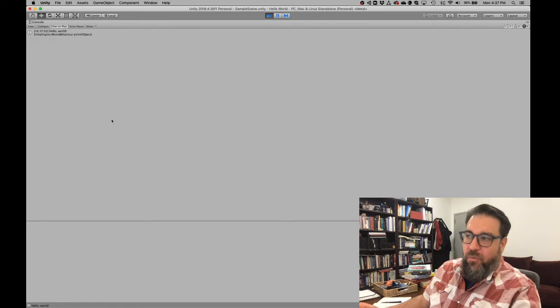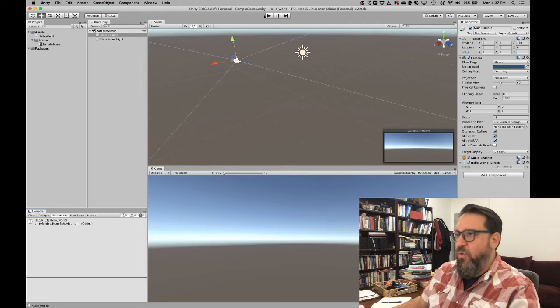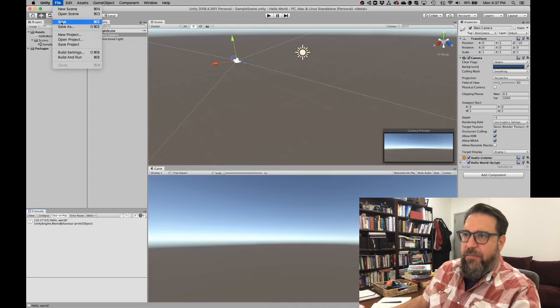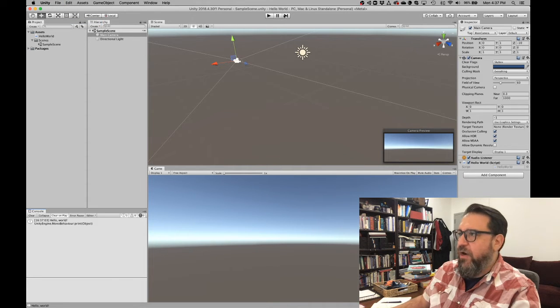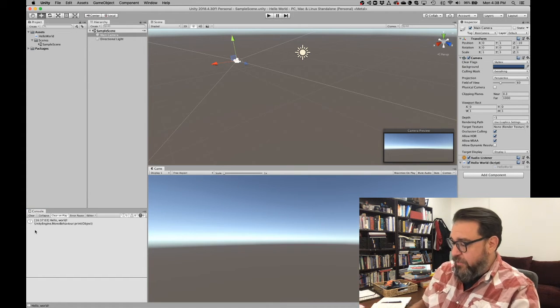Now, this is another one of those instances where I'm glad we saw things happening in real time, because what you can do if you get that panel coming up and you can't get it to go away, I'm going to hit save on this scene so I can make sure that things are taken care of there. You'll hit play and then you'll hit play again to stop the recording. But if you ever get to a point where you think things are missing, then you can find your layout menu and just go back to your game dev highlight. So that's our first program,